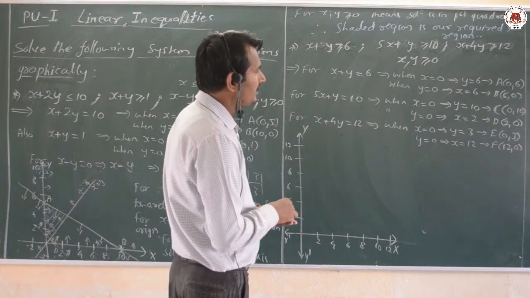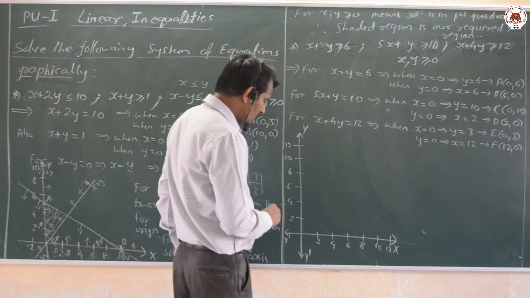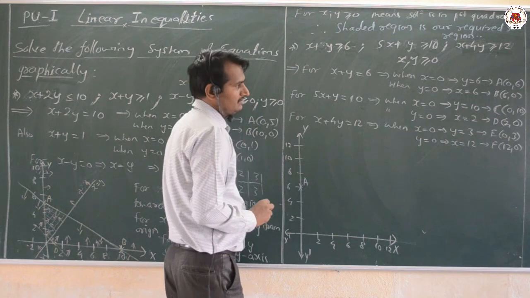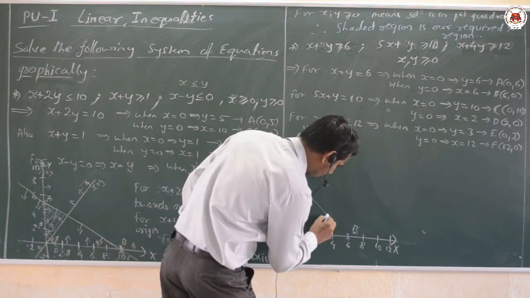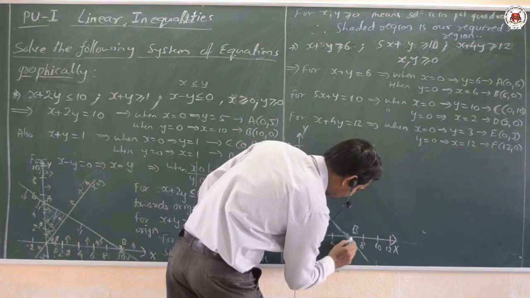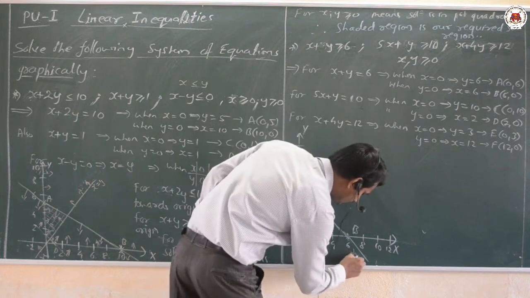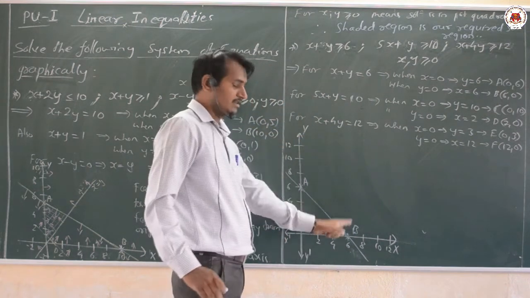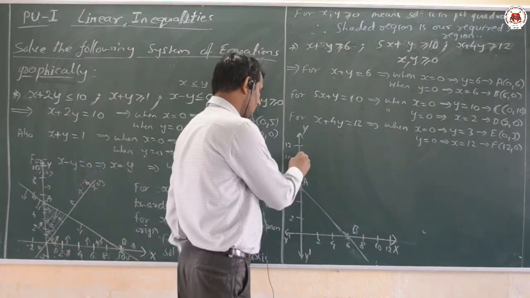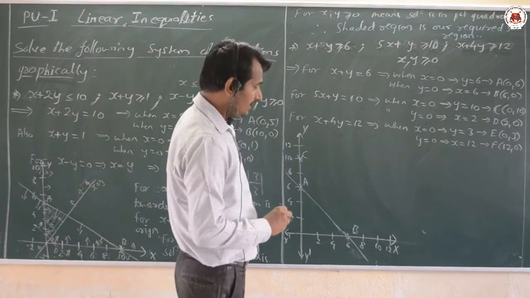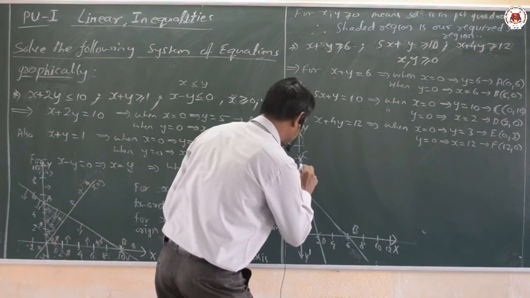Now let us mark down the points here. Now what are the points, dear students? The first point is A of (0, 6). Then B, that is nothing but (6, 0) here. And here the line is x plus y equal to 6. No need to write it because we are writing the points AB. Next comes our CD. What is C? (0, 10). And what is our D? That is nothing but (2, 0). Dear students, I will join these two points.